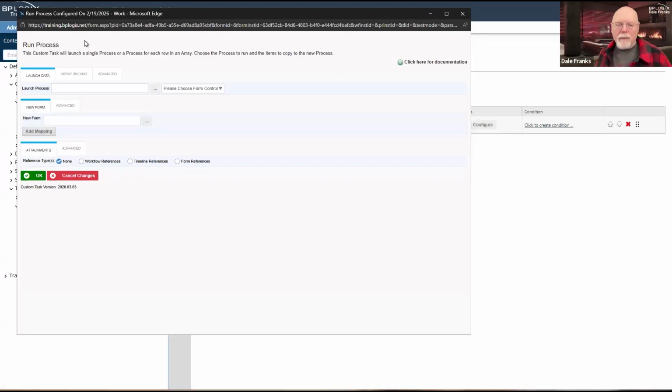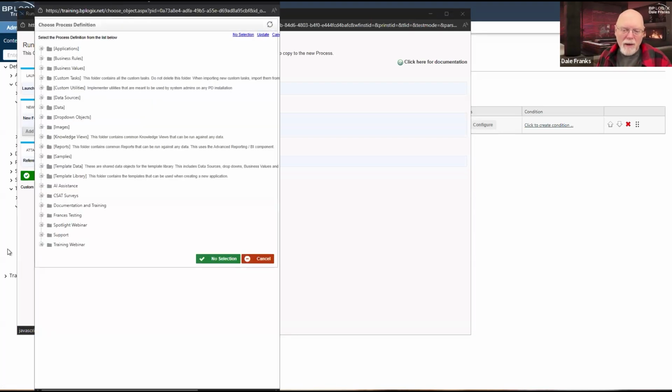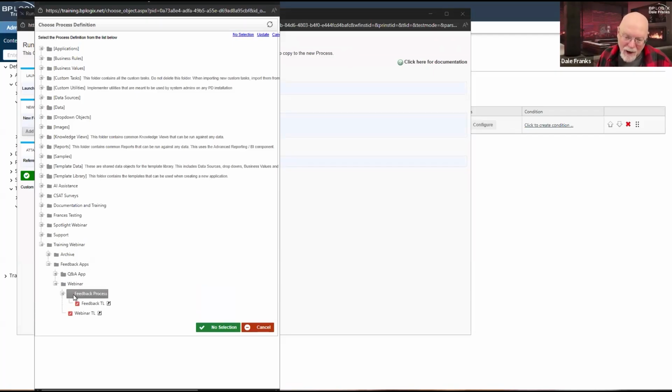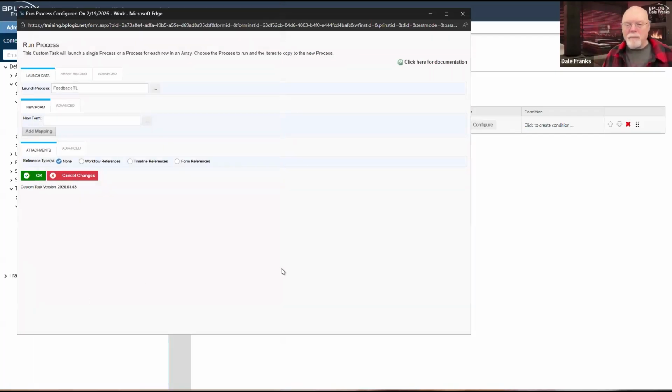So, some things to think about. Obviously, we have to choose the process that we're going to start. So we are going to go into training webinar, feedback apps, webinar, feedback process, and feedback timeline. So there we go. Now we have the timeline that we are going to start.